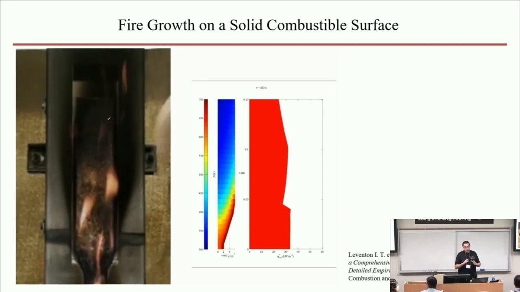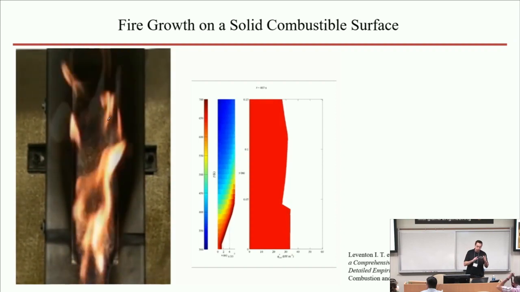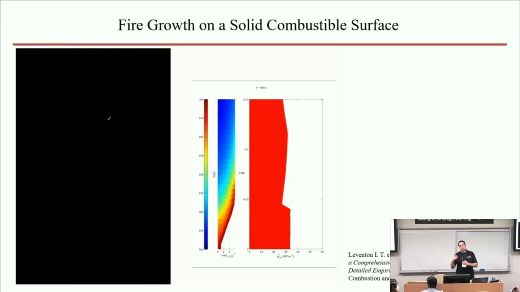So basically, one way to look at the fire growth process at that scale is to differentiate between the processes involved in gas phase combustion, the ones that define the flame, and the processes that occur inside the solid that are ultimately responsible for the generation of the fuel that feeds this flame, right? And the connection between these processes are two. You have the heat feedback from the flame to the solid that ultimately causes this thermal decomposition, and you have the mass flux of gaseous volatiles that is the fuel that supports this flame.